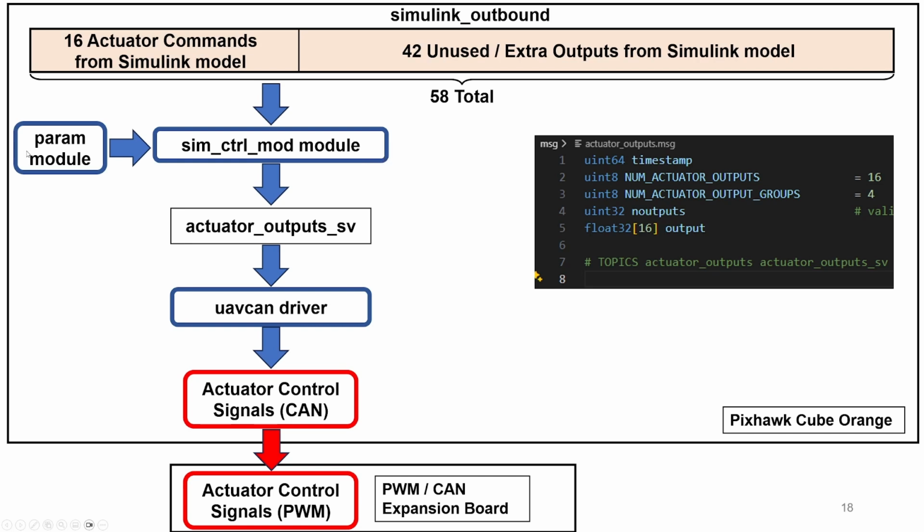stuff and handling and whatever using parameters, and applies correct settings and configurations that we can cover later. But at the end of the day, it is publishing this actuator output servo, or just SV, uORB topic, which is essentially a way to move the data and make it available for the UAVCAN driver. I had to modify the UAVCAN driver, essentially upgrade that to support just regular servos and regular one-shot PWM that